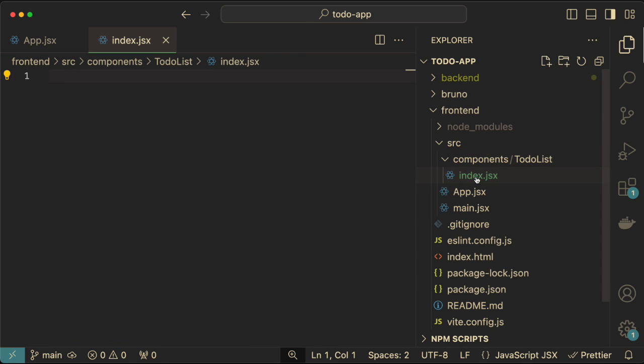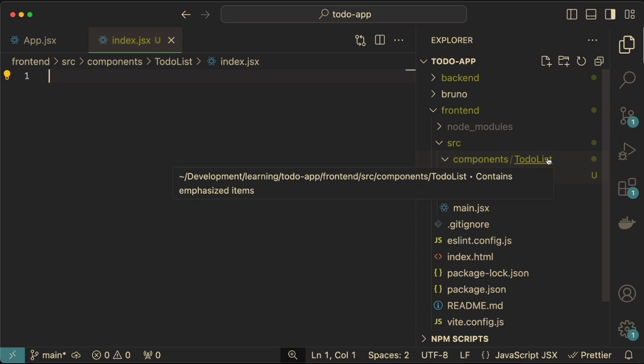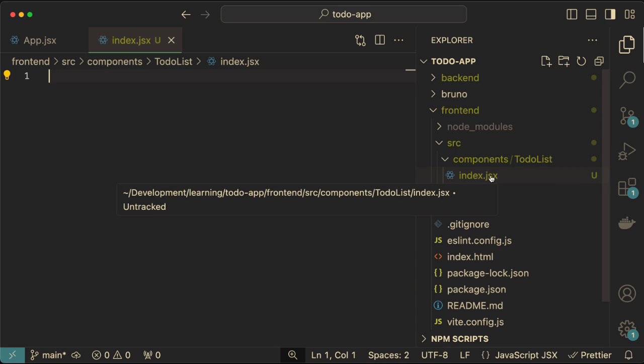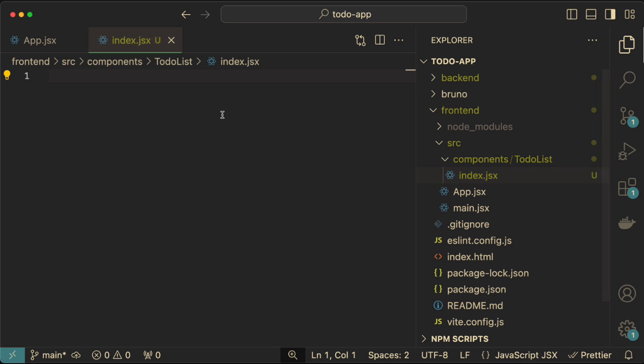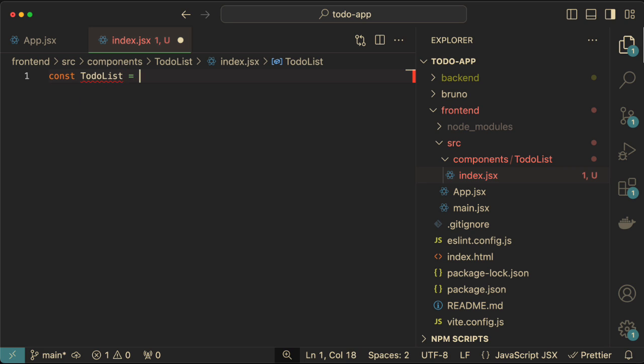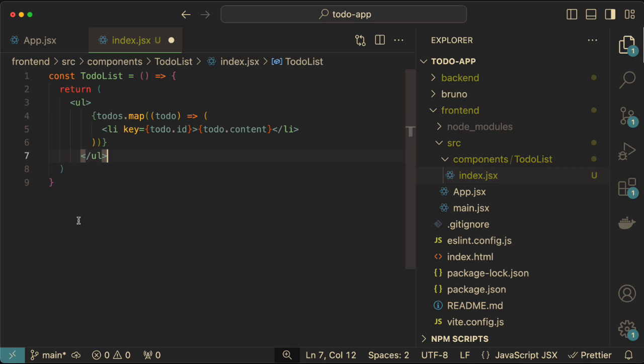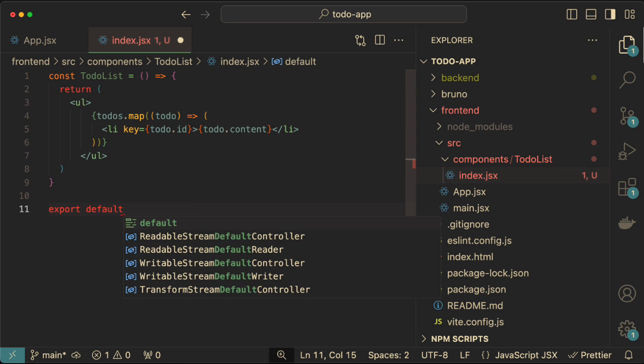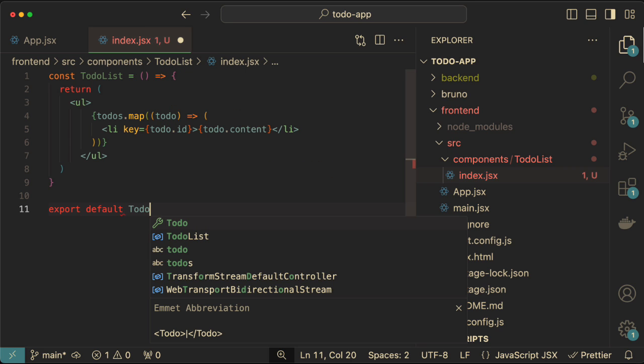index.jsx. Now, the reason that I name it index is because that way, when I import this, I don't need to go components to-do list to-do list. I can just go components to-do list, and it will look inside of this folder, and if it finds index, it will use it, which is awesome, okay? So over here for the code, const, same as the name, to-do list equals a function that returns some markup, okay? Boom, we paste it in. We should always export that, whether it's named or default, your choice. To-do list,